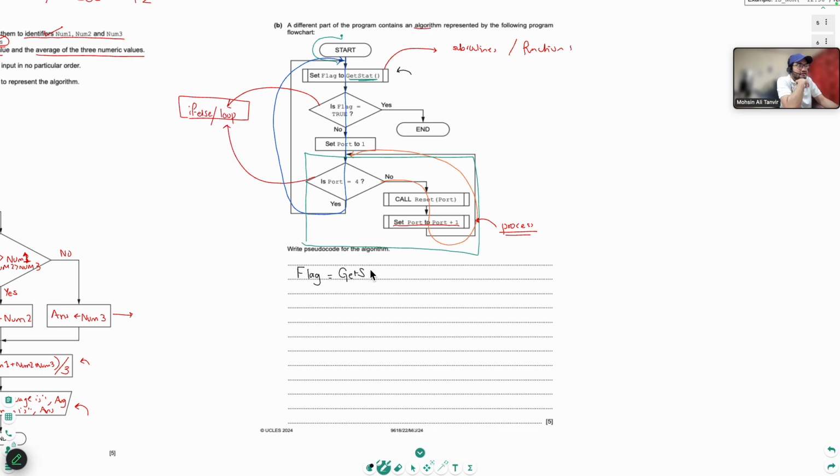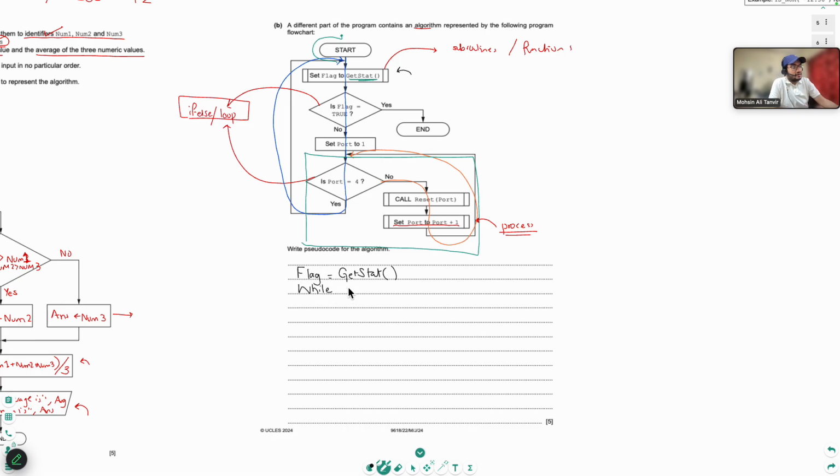get stat. Again, I've repeated that, but please remember that a little here and there in pseudocode does not matter, because pseudocode does not have an exact way of panning out. So if you're a bit here and there, that's fine in pseudocode. All right, now it's checking, is flag equals true? I already know that this is going to be a loop because this keeps on happening until flag is true. So I'll actually say